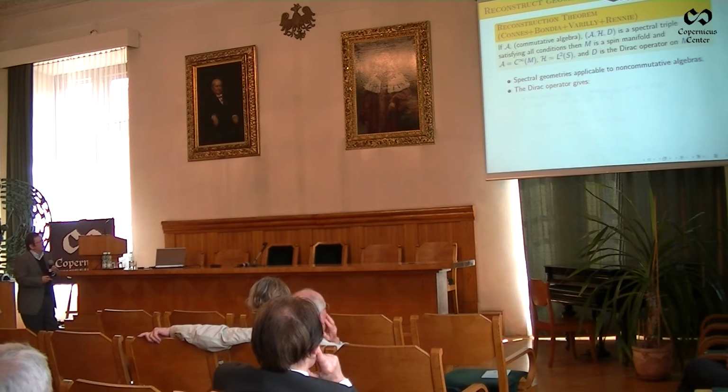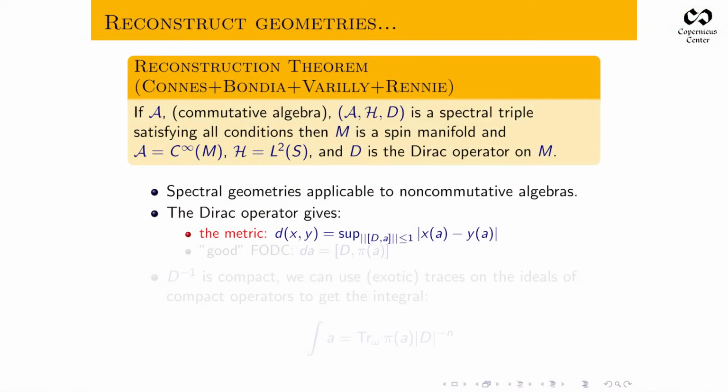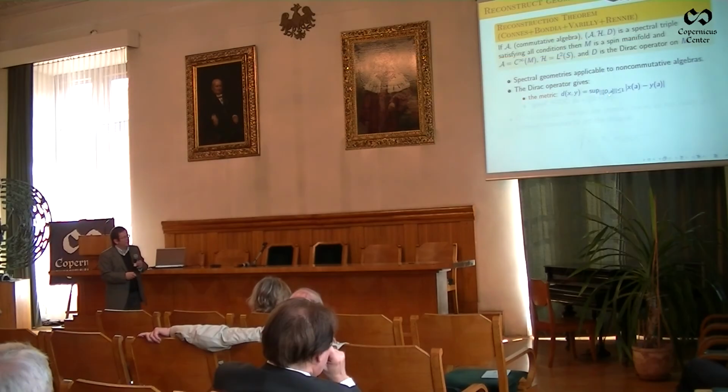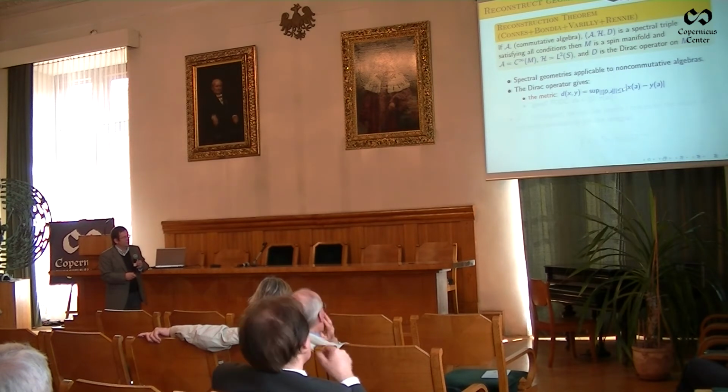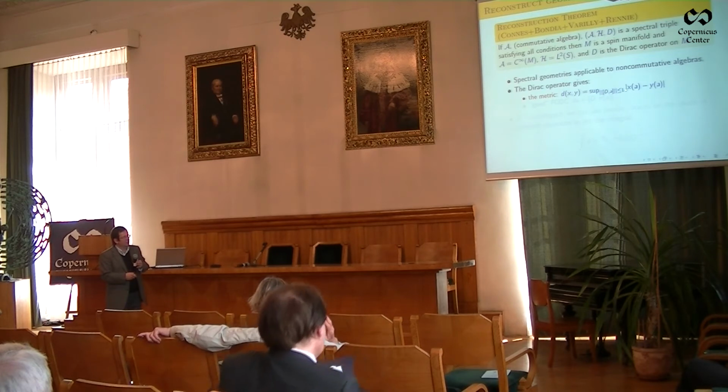Now, the spectral geometries are applicable to non-commutative algebras. If you have the Dirac operator, then classically it gives you a metric. It's a very nice formula that expresses the metric in terms of distances between points. It is related to the Dirac operator, and it is a very easy formula. The distance between two points is just the supremum of all the possible values of functions